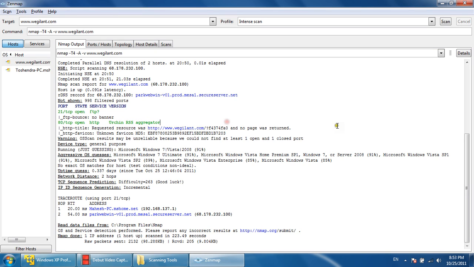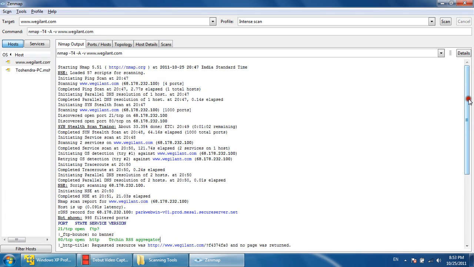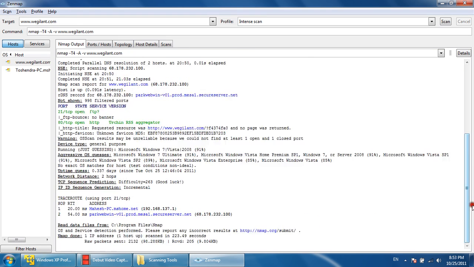As you can see in this verbose output, lots of information, like we have discovered an open port 21 on this IP, port 80 is also open on this IP, and OS detection has been done, and these are the services and versions of the services which are running on that server, and network distance is 2 hops only,